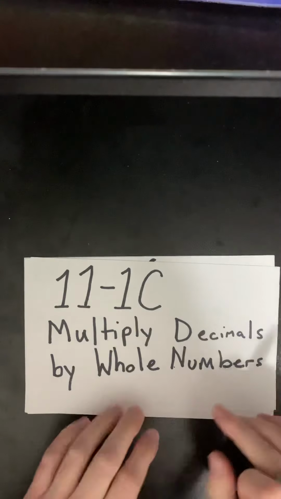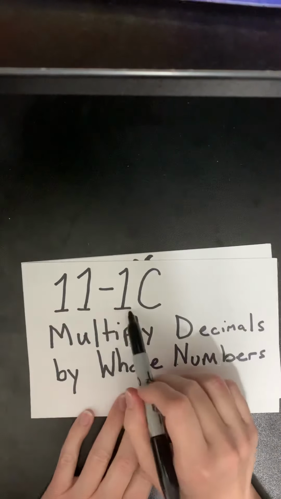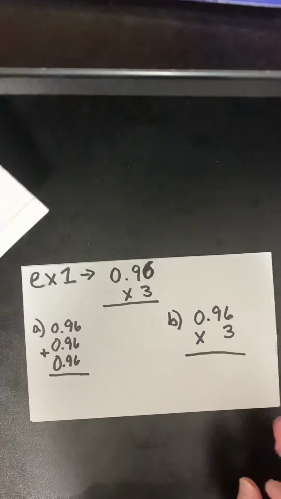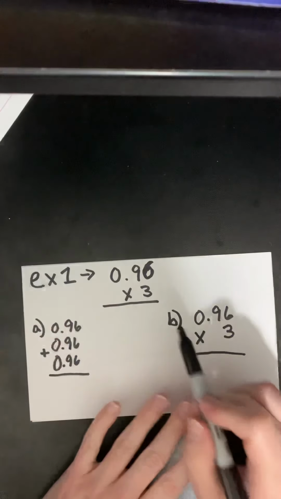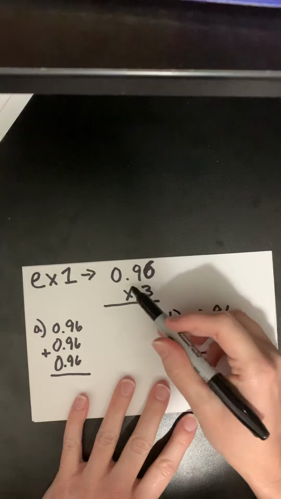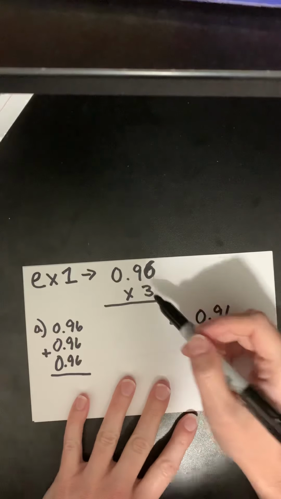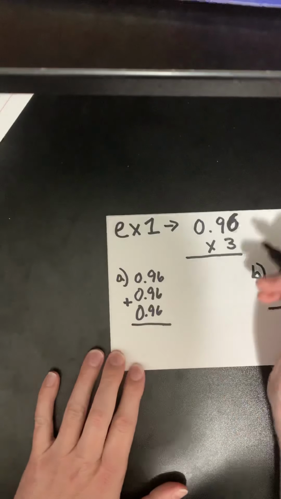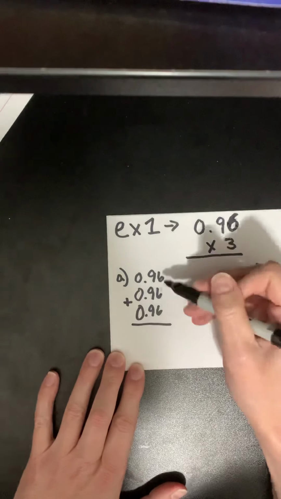Okay, everybody, so today we're going to do 11-1C. We're going to multiply decimals by whole numbers. The first example that we're going to do is we're going to multiply 96 hundredths, or 0.96, times 3. You can think of it as your regular multiplying, anything is by you're doing repeated